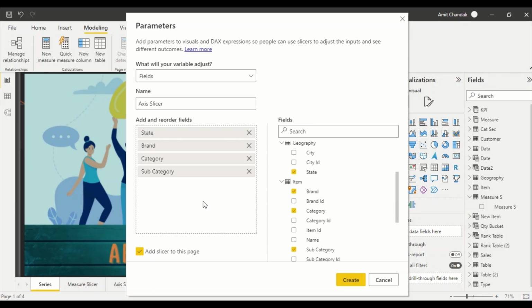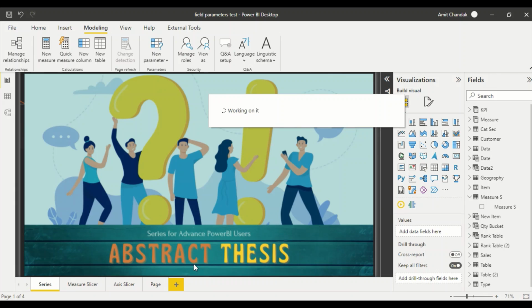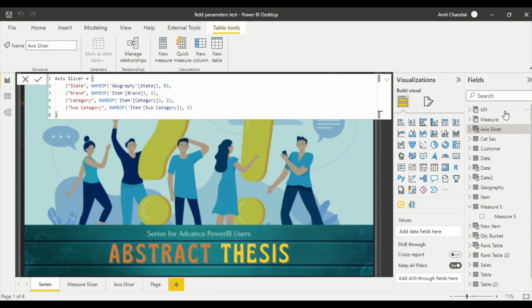So right now I don't need a slicer on this page, so I'm going to uncheck it and I'm going to say create. So it has created a table which is named axis slicer, and you can see the axis slicer code here. It is saying state, name of geography state, and then it is giving a number. In this manner a new table has been created, and this table is the one which we are going to use in our